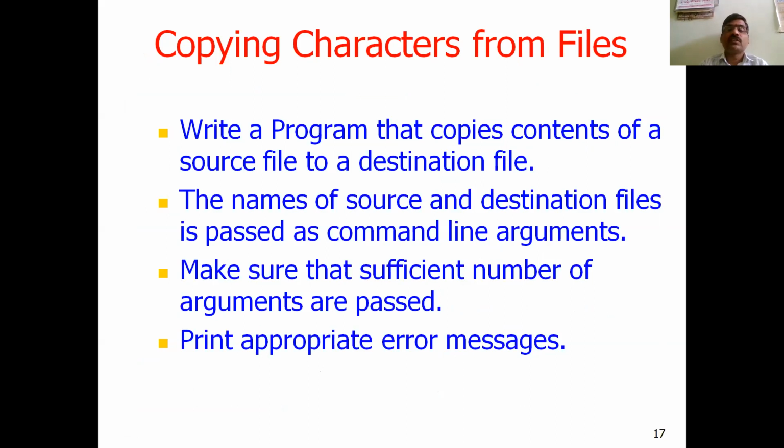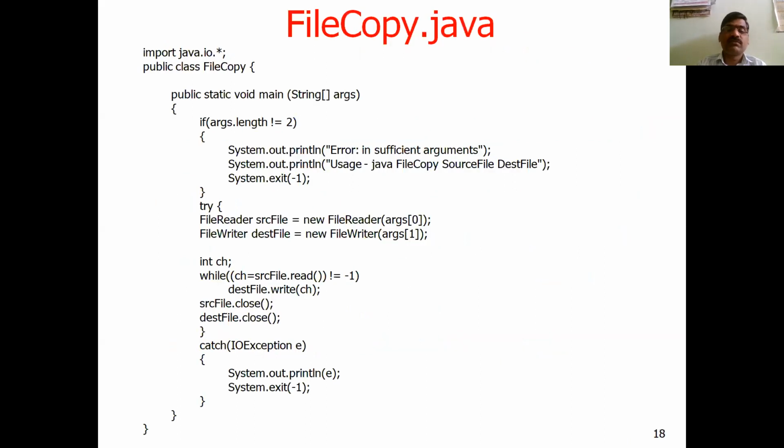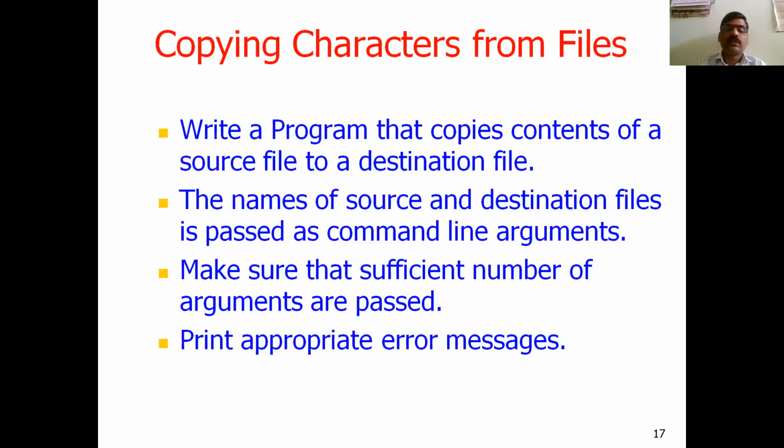So write a program that copies the content of a source file to a destination file. The names of source and destination files are passed as command line arguments. Make sure that a sufficient number of arguments are passed, and print an appropriate error message if you have not supplied sufficient arguments. So this is a file copy program which we are